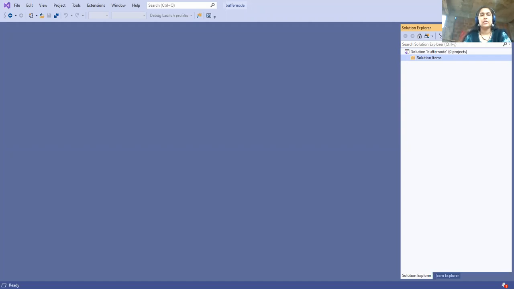Today we learn the basic concepts of the buffer, which is a topic in Node.js. You know JavaScript, or JS, can be run on the browser, and if I want that JavaScript to be executed on the server, then Node is one platform that is used. So Node.js runs JavaScript on the server side, not on the browser side.